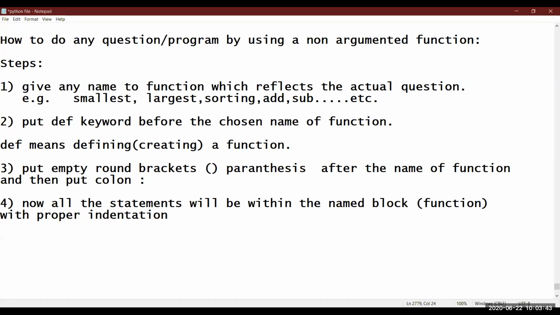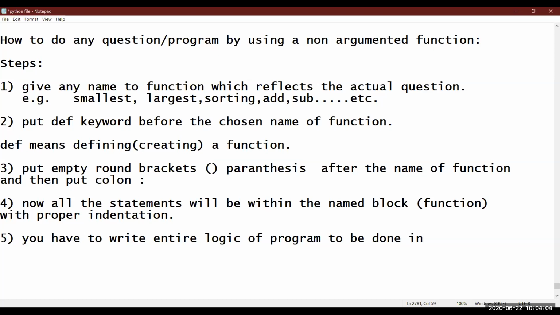We know that indentation will come automatically by the Python IDE, IDLE. Okay. And next thing, you have to write entire logic of program to be done inside the function only.